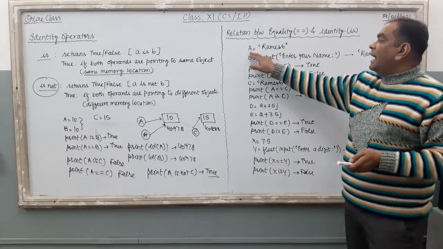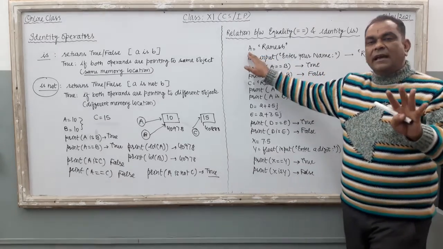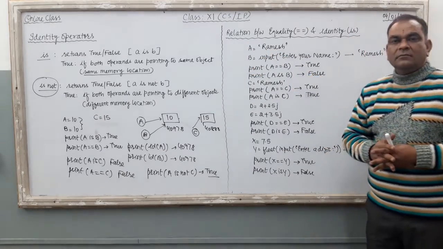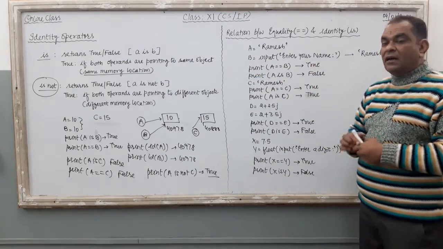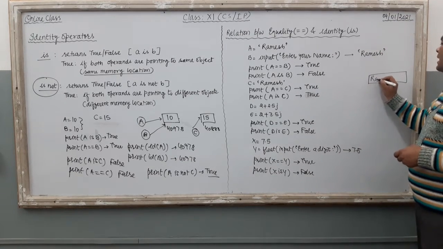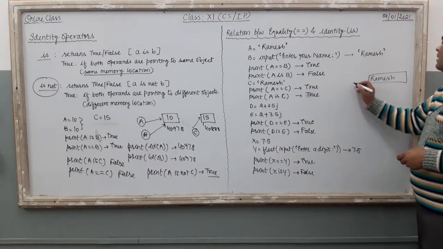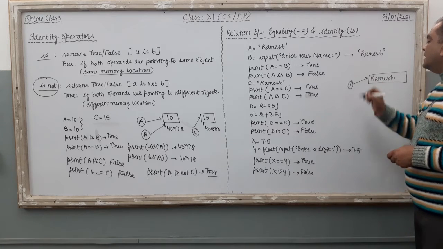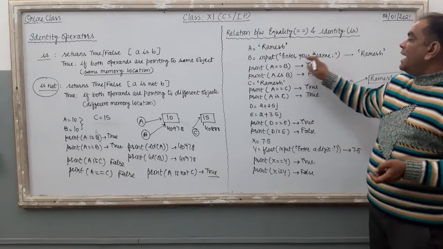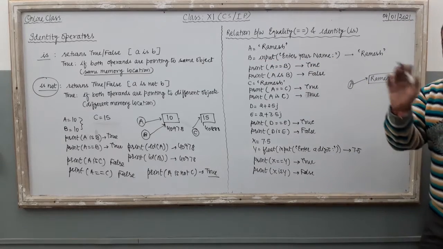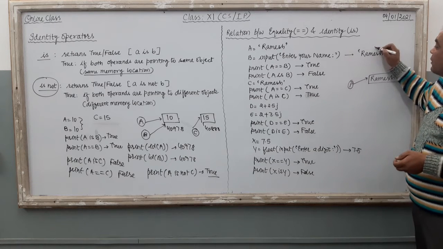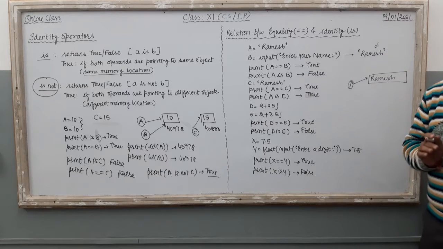Kaise? Now just see, A equal to Ramesh: I just create a variable A and assign a string value to it. A contains Ramesh here. Now what is the implementation inside the memory? Ramesh is stored inside a memory location, and A points to it. Now just see, B equal to input, enter your name. The message "enter your name" is there on your computer's monitor. And here again, if you give the same value Ramesh, then what will happen?